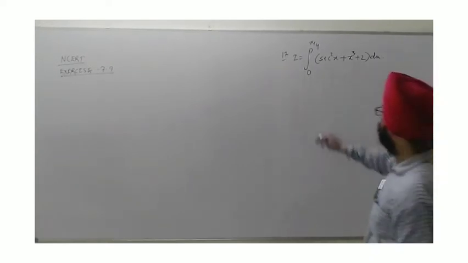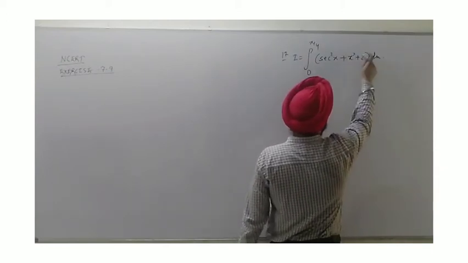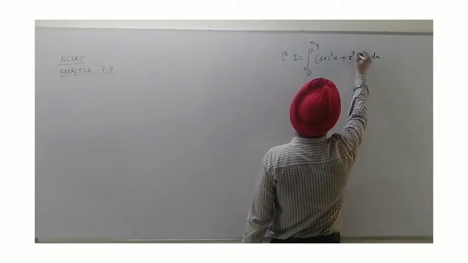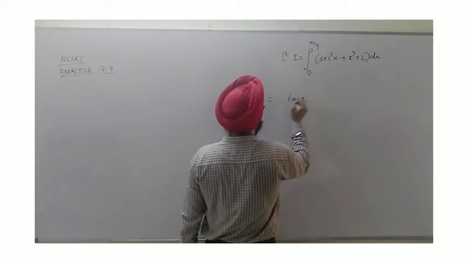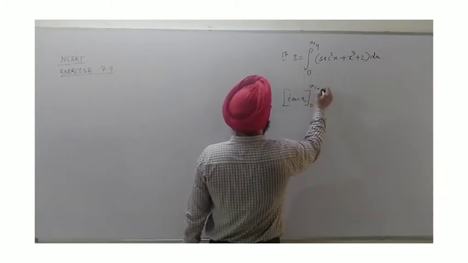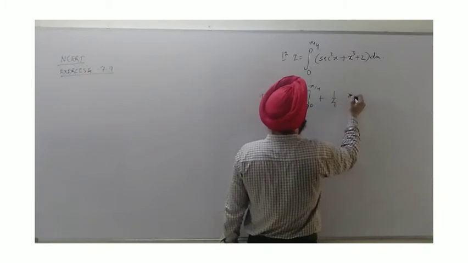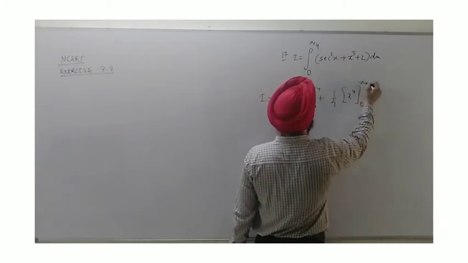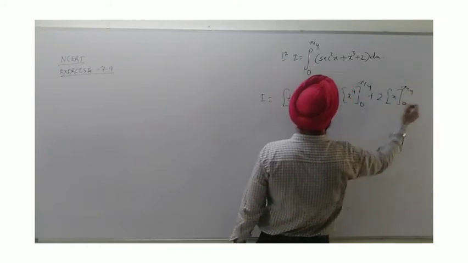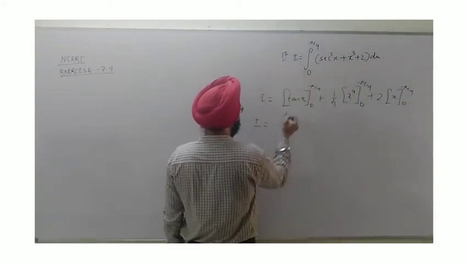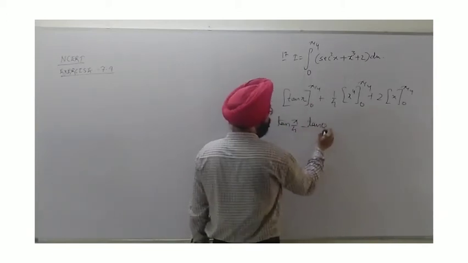It's basic level only. Sec square x, yes, directly integrable, x cube directly integrable. Here 2 also, we can do it directly. So solving, we find sec square as tan x, its integration 0 to pi by 4. Then here we get 1 by 4 x to the power 4, 0 to pi by 4, plus 2x, 0 to pi by 4. Now solving, we will get tan pi by 4 minus tan 0